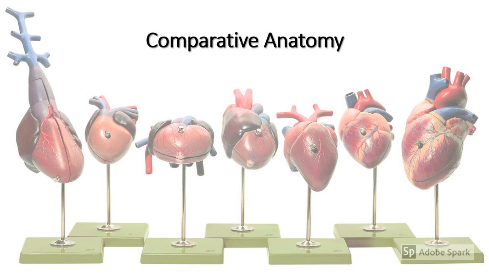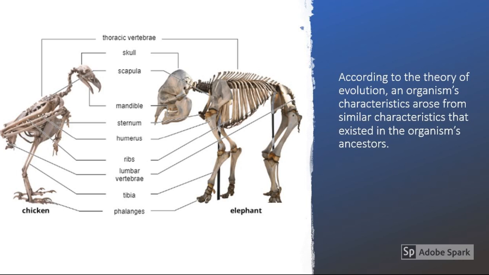Comparative anatomy reveals patterns of commonality between species and their physical structures. Biologists look for similarities in structure that might suggest shared ancestry. At first glance, an elephant and a chicken don't seem to have a lot in common. Biologists, however, might look at an elephant and a chicken differently than you do. From the perspective of comparative anatomy, similarities in the skeletal structure of an elephant and a chicken suggest that both species arose from a common ancestor.